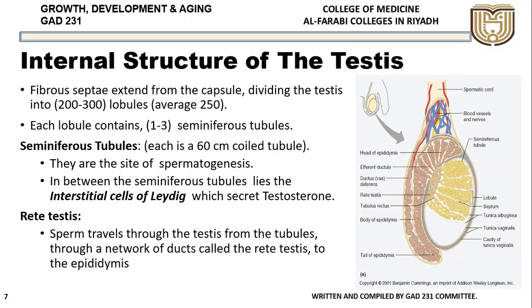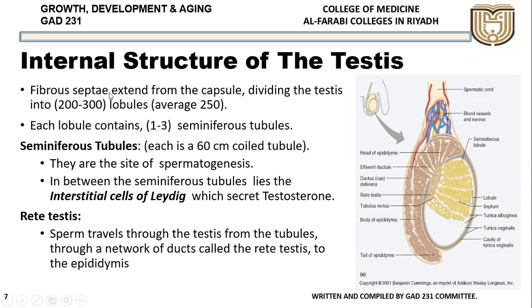Now coming to the internal structure of the testis. What we can see under the naked eye or a hand lens, not under the microscope, we'll discuss. What is seen under the microscope will be covered in histology. So what can be seen by the naked eye as well as with the hand lens can be studied here. Okay, so the internal structure of the testis, if you cut it, this is how it looks.